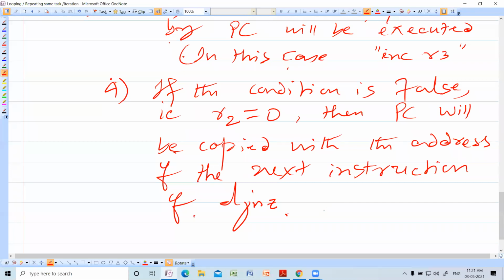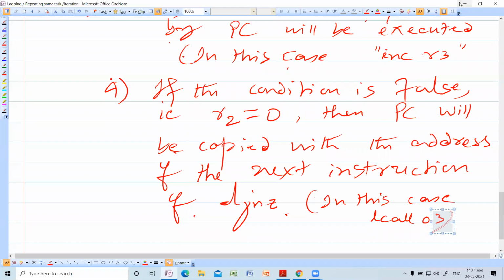So in this case, the next instruction of DJNZ is, in this case, stop. In this case, it is lcall 0. So this is how, in this case, the program is executed.